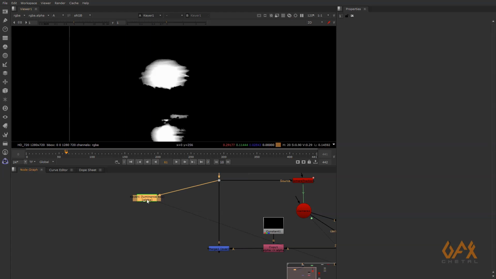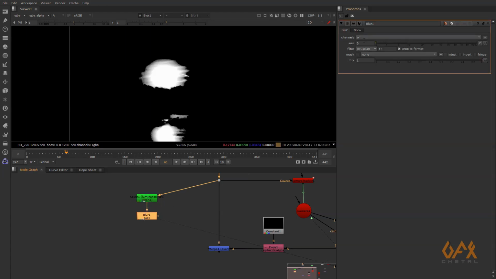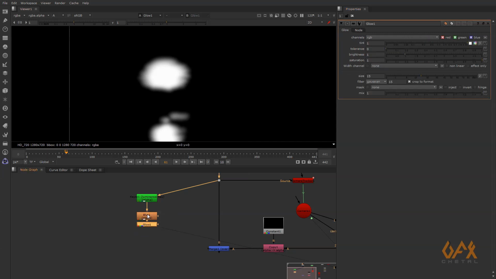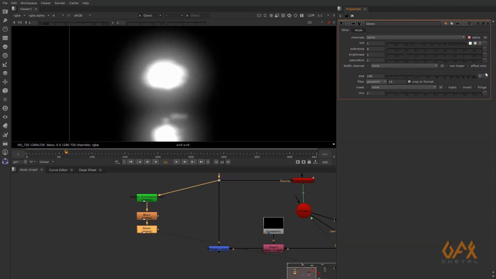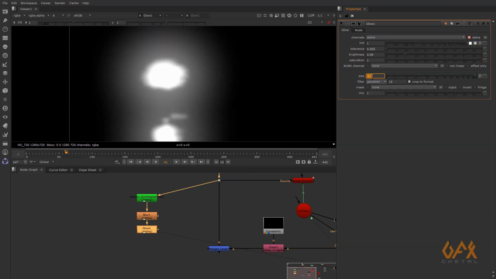Now I just go to blur, apply blur over here and definitely apply onto my alpha. So I just soften my edge like this. Now again apply one glow effect and definitely apply some glow on my alpha like this. 150 maybe.